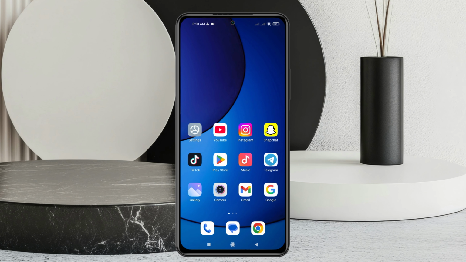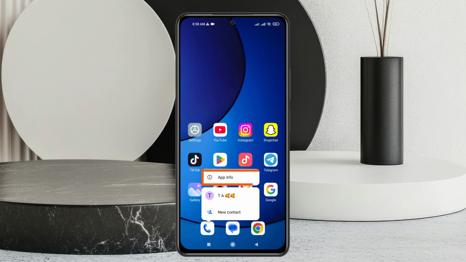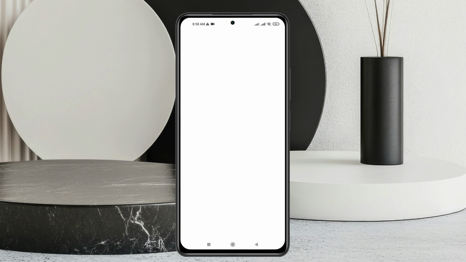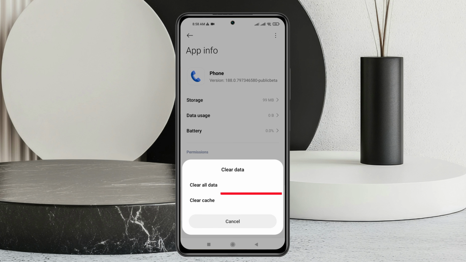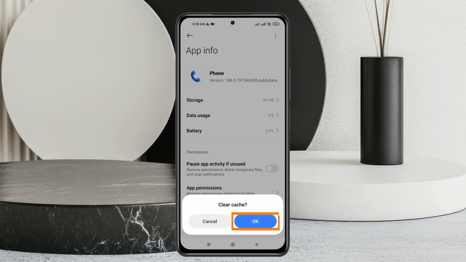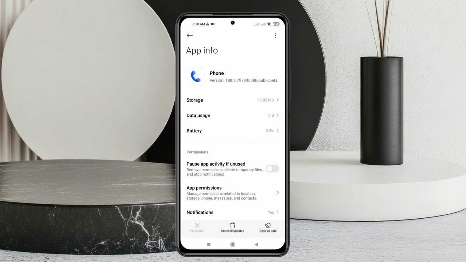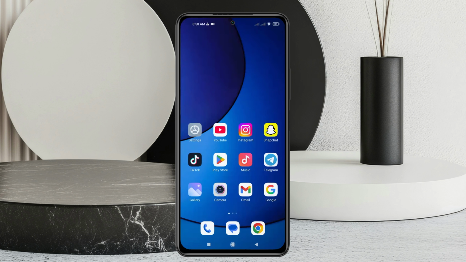Well, so now to fix the phone app crashing problem, the very first thing that you have to do, simply go and press and hold the phone application like this and then tap on app info. And once you're here inside the app info of that phone application, you just need to go ahead and tap on clear data at the bottom right and then tap on clear cache. And once you're done with this process, just get back from here and then force